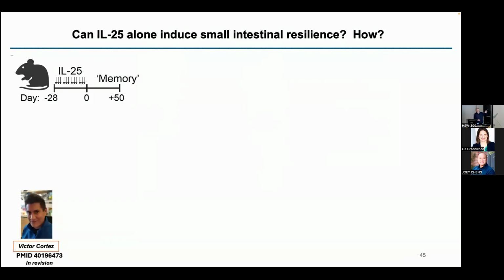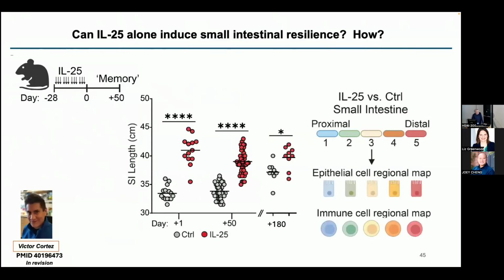Plus 50 means that Victor's human. He didn't come in and take down every mouse on exactly the same day. So we characterized mice between sometime plus 50 and sometimes plus 80. The mean is around 73 days, to be short about it, but some mice have gone out a year and a half. So be that as it may, we could cut the bowel up and start asking what is held onto by IL-25 alone, this host response to this intestinal perturbation.